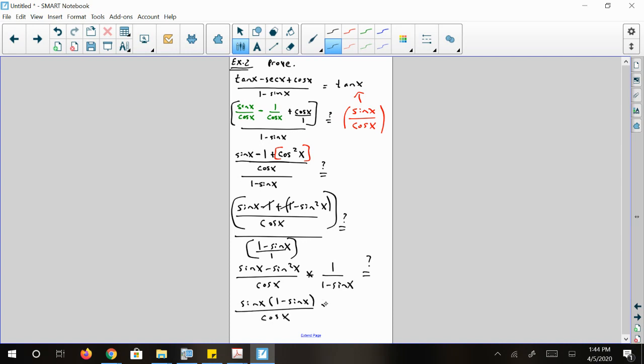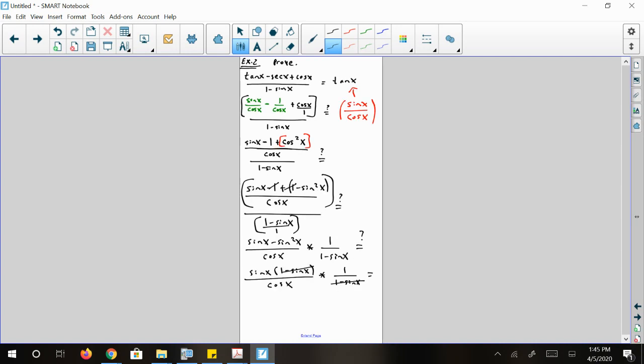Okay, let's get everything written down and then we can evaluate and analyze. So we've got sine of x times 1 minus sine of x over cosine of x. This is what's left over when I factor out that sine of x, times 1 over 1 minus sine of x. Okay, from here, this was useful for us because by factoring, I can now see that I can cancel out that 1 minus sine of x on top and bottom, leaving me with only a sine of x